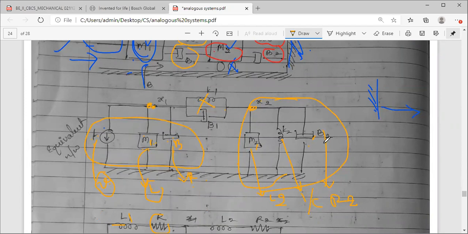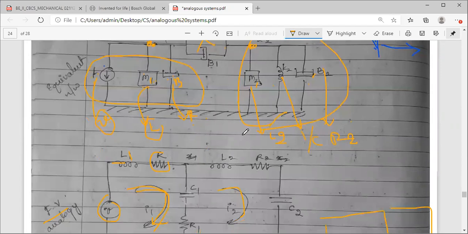Now again, these three equivalent quantities we know, but we have to decide how the connections should be. Here they are in parallel, I have to connect them in series. So here I have connected L2, there is a resistor, there is a capacitor C2. Either you can write 1 by C2 or simply C2, because you generally use values L2, C2 in numerators, not 1 by. Actually the exact value is 1 by, but no problem, you can even write 1 by C2 also. Fine. This is about your second loop.